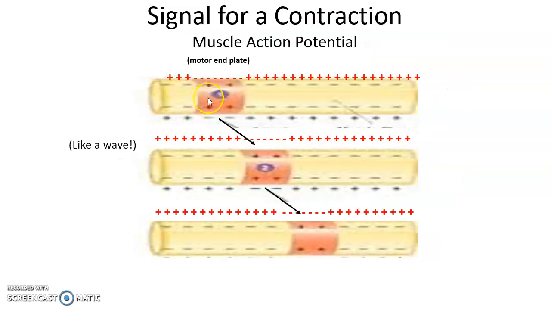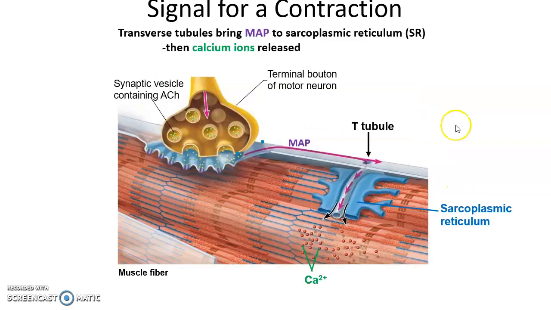So here it is. We get our muscle action potential at the motor end plate. This then causes the channels next to it to open. They then change the charge there, which causes the channels next to them to open, which then causes a change in charge there. So we get a movement along the length of the muscle fiber, sort of like the wave in a stadium where the cheerleaders get some people to stand up, and then they sit down, the people next to them stand up, and then they sit down, people next to them stand up, all the way along the stadium. And then the muscle action potential goes along the length of the muscle fiber and will go down into